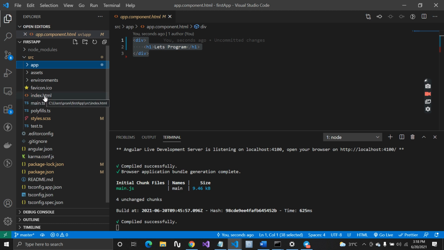Whenever I say things are rendered, that means it is our .html file, and whenever I say things are running, that means it is my .ts file. So my understanding is that whatever file ends with .ts, it runs, and whatever has the extension .html, it renders.